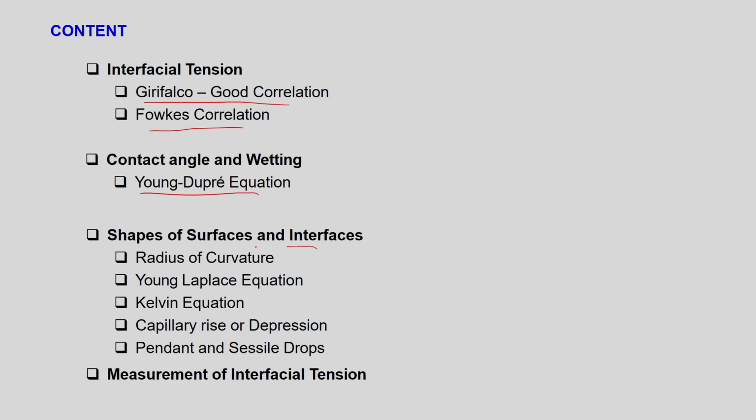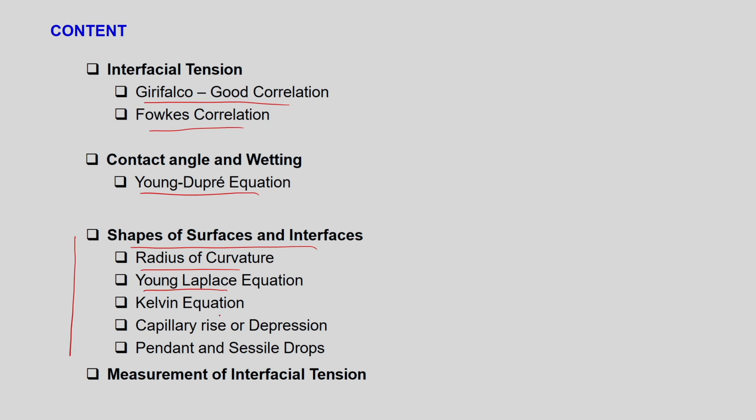Then you have the shapes of surfaces. This next part, the third part, will be covered in some part in this lecture and in the subsequent lecture, and it deals with the mathematical aspects. Till now we have only seen the instrumental aspects, how to measure the surface tension. Now, mathematically, how do you treat them? If you have such observations, which are very frequent for those in chemical engineering, you actually measure surface tension or interfacial tension. For those you require these expressions: radius of curvature and the Young-Laplace equation.